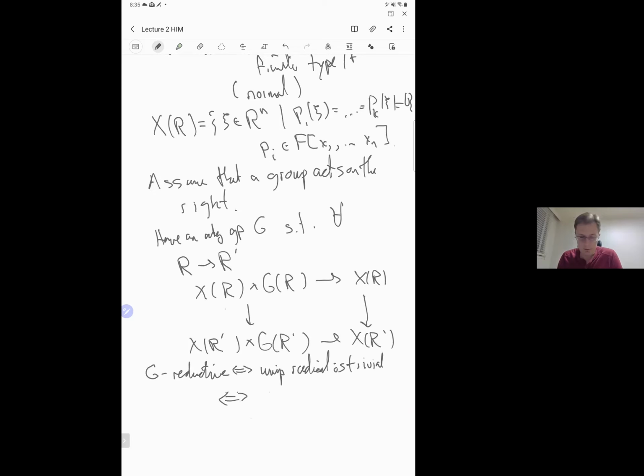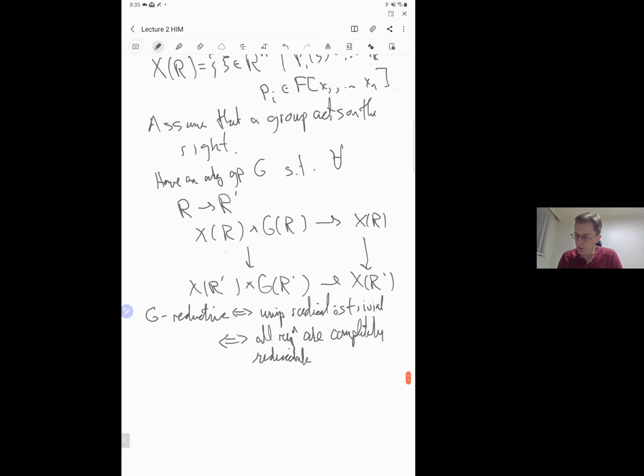Another, more interesting way to say it is that all representations are completely reducible. And probably the best thing to do, if you haven't seen this, is just think G equals GL_n or SL_n